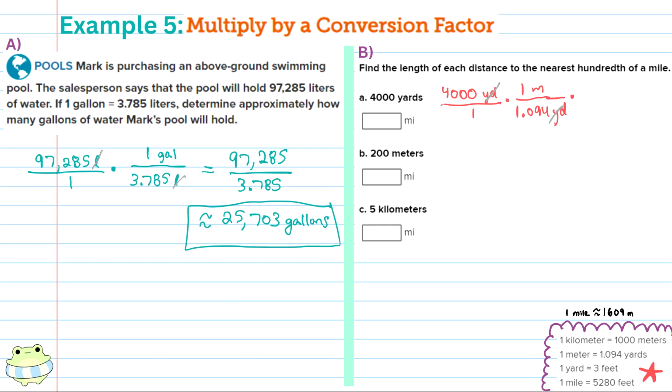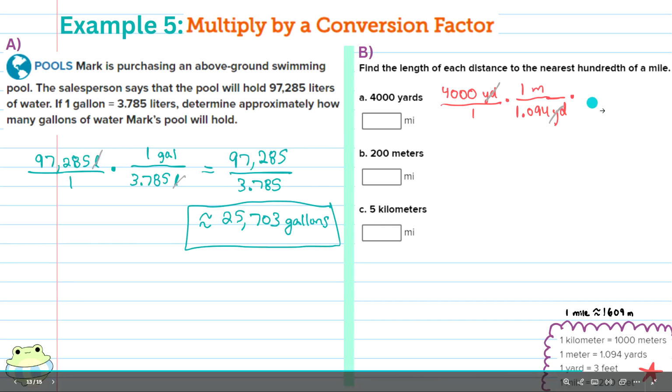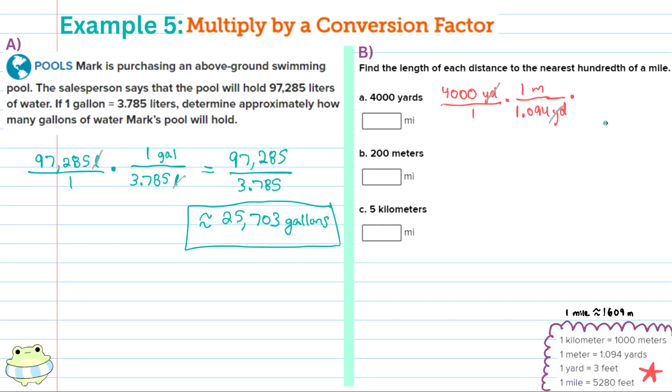Continuing forward, we're going to want to convert our meters into miles. And so knowing that there's 1,609 meters per 1 mile, we can then go through and do that. So multiplying across the top, let me go back and show that the meters cancel out. So meters cancel out, we're left with just miles as our label. 4,000 times 1 is just 4,000. We're going to have that 1.94 times 1,609, and we get